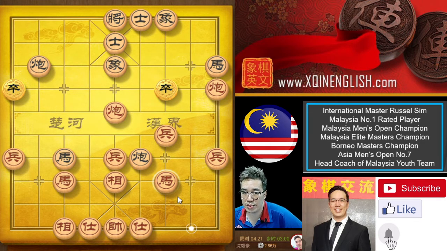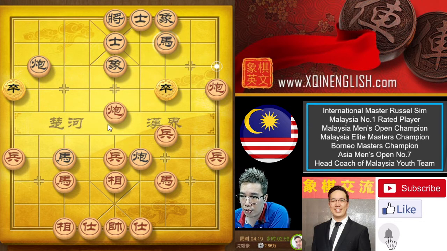And furthermore, my student only has 40 seconds left. I still have 4 minutes. And having 2 extra pawns is a very huge advantage for me. So that was why just now when I played cannon 9 to 5 to take the center pawn, basically I am already in a very huge advantage. Okay, now he plays this move. I believe he's planning for